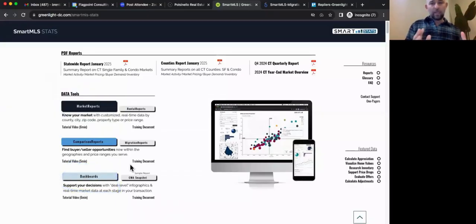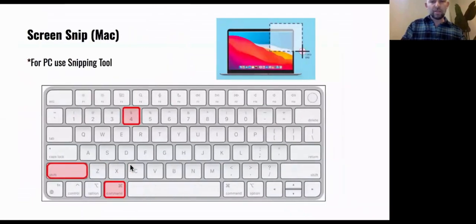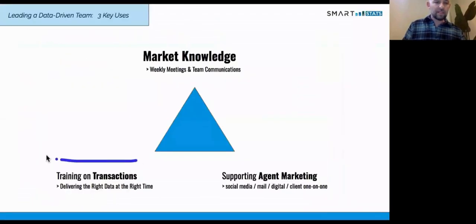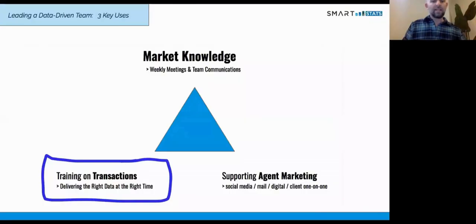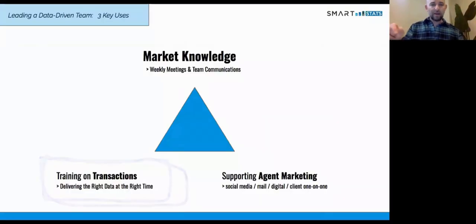And so this, I'm not going to go totally into details on this, but I want to introduce this concept to you. If any of you guys are running training sessions, I think this is something that needs to be paid attention to. And it's the idea of delivering data at certain moments in your transaction. And I think oftentimes we go by gut, right?